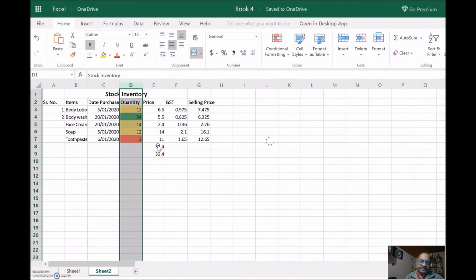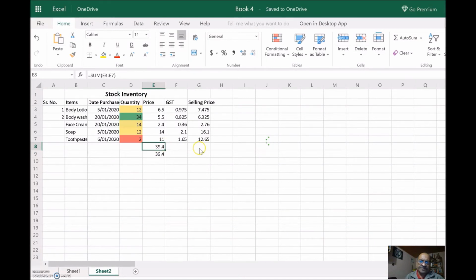Now, as you see, the maximum quantity is shown in green color. The smallest number is shown in red color. In between, whatever numbers are there will be shown in various shades between red and green. So this becomes quite important